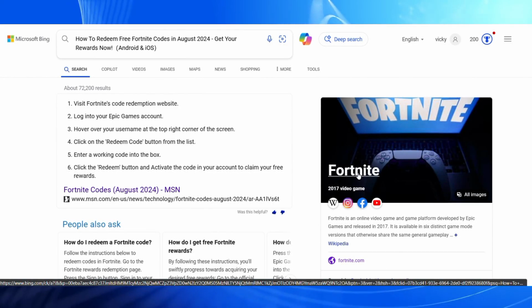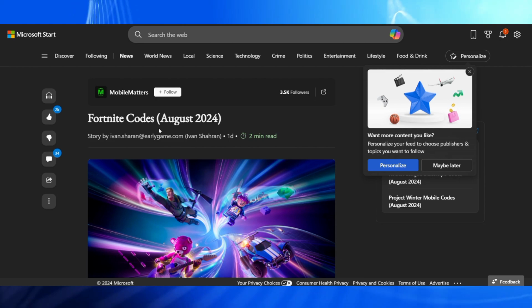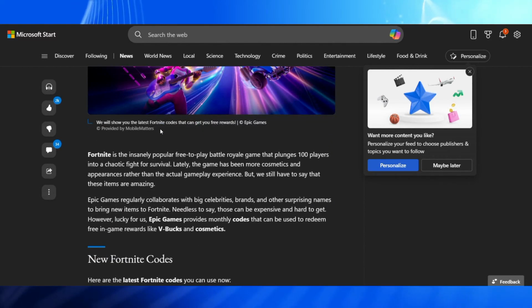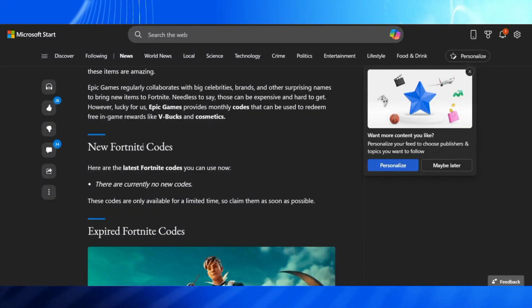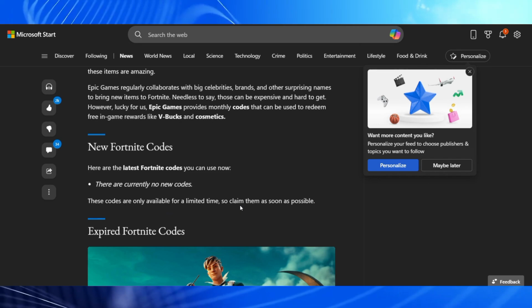How to redeem a free Fortnite coupon code on the website here on your device. For this, I'm going to show you some of the genuine steps from the official website that how you can simply redeem it and do it. Main thing is, as you can see, there are no current promo codes or any type of redeem code available